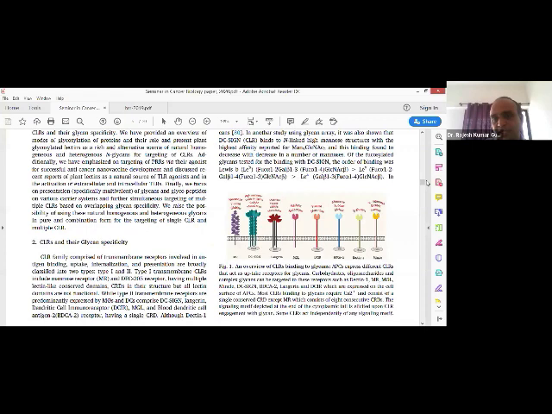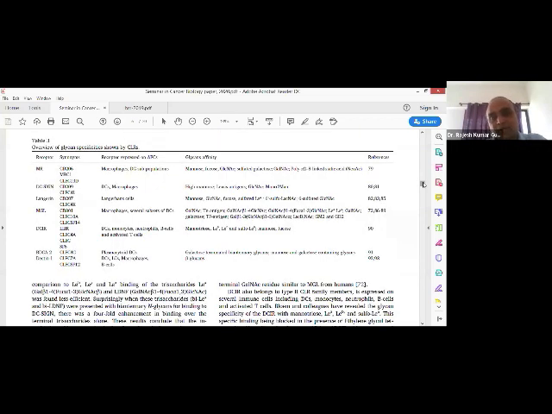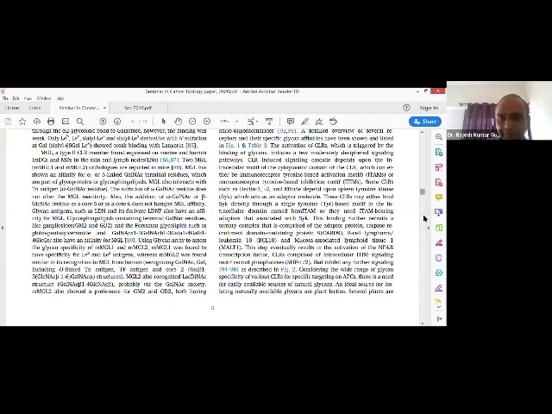And further, this is another table that is an overview of glycan specificity shown by C-type lectin receptors. It lists different receptor synonyms, the receptors expressed on different types of antigen presenting cells, and glycan affinities, which we have mentioned here. And further, we have discussed another paper figure, the C-type lectin receptor mediated signaling pathways.